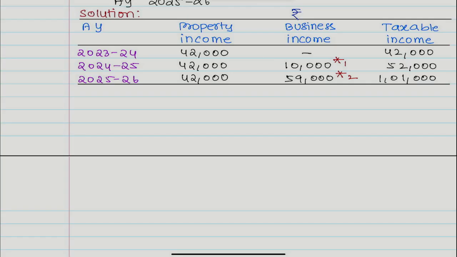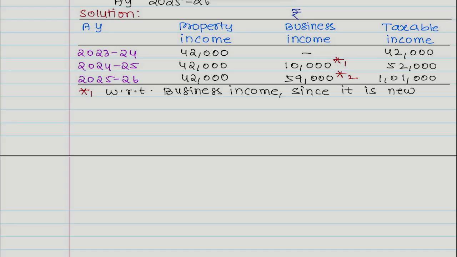Write down. With respect to business income, since it is a new source,